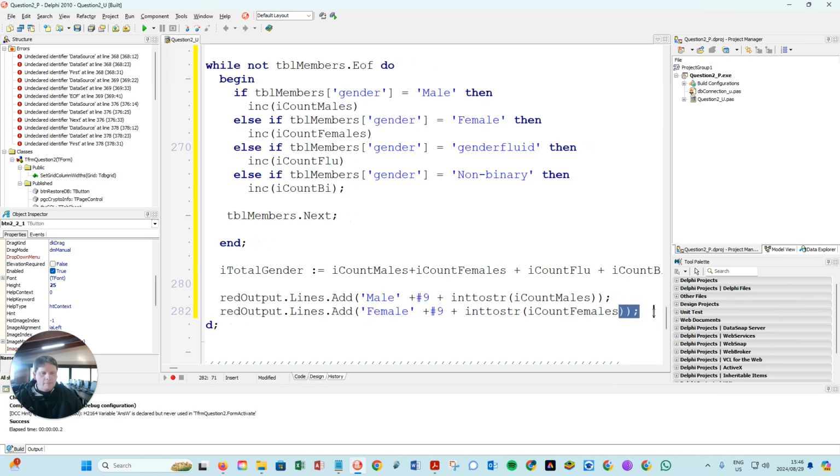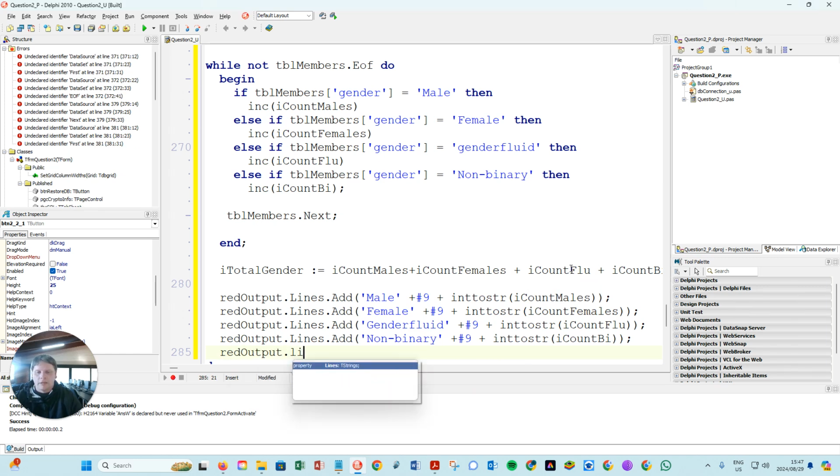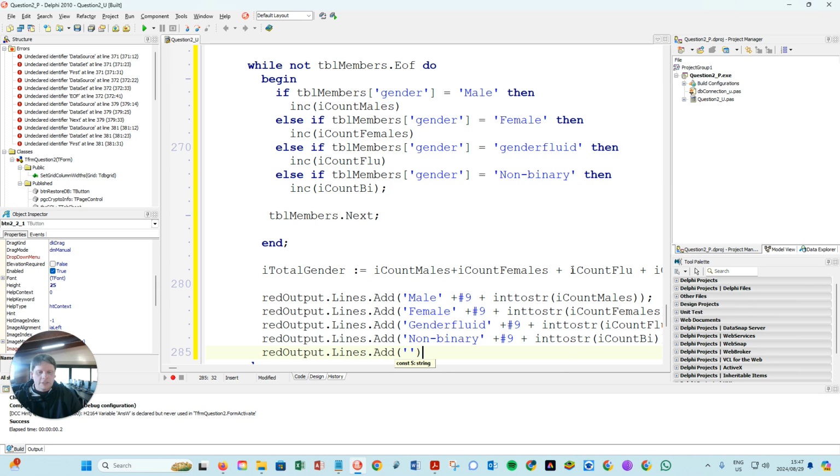Okay, that is that line, and then we do that 2 more times. So over here, instead of males, we're going to say gender fluid, and over here we are going to say non-binary, and then over here we will change this one to flu and this one to bi. All right, now we have displayed this. We still have to display an empty line,